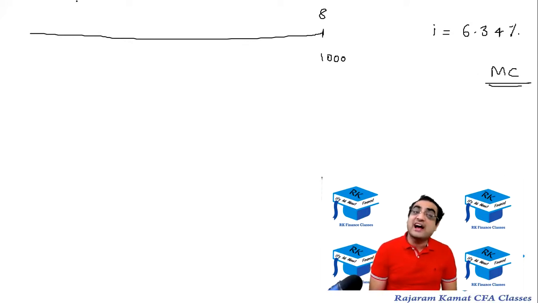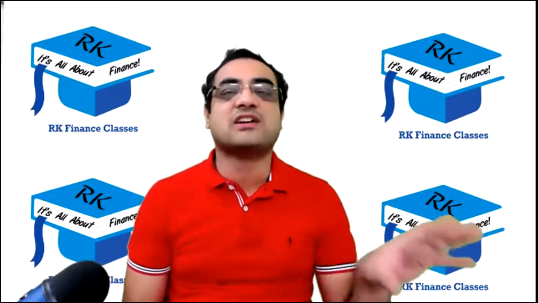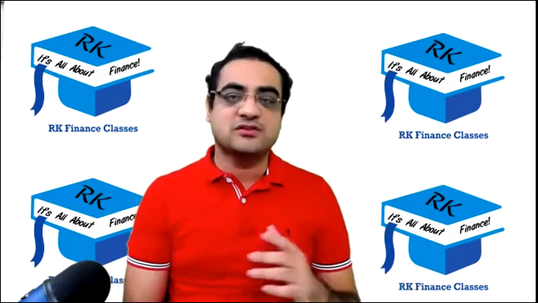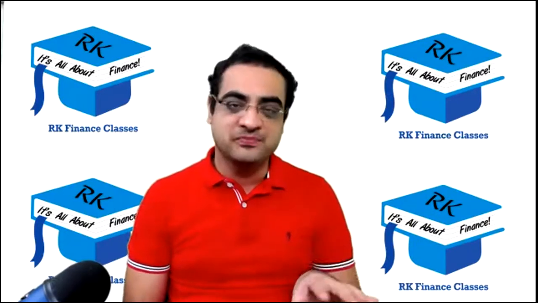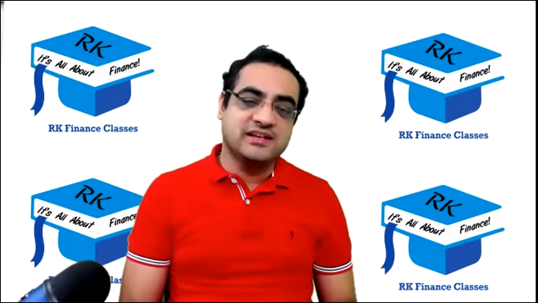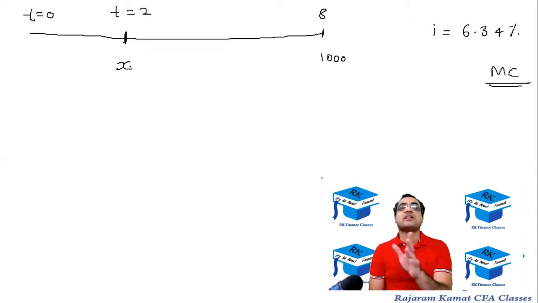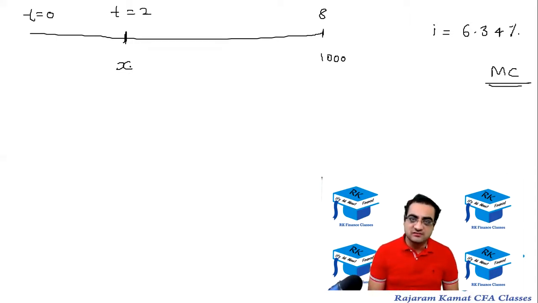Secondly, I don't want to save anything now, because right now my salary is quite less and it is just able to fulfill my expenses. Unfortunately, because of less salary, I'm not able to save. However, it is expected that my salary will increase, and hence maybe at the end of 2nd year, I will be able to save something. So the question is, how much shall I save at the end of 2nd year so that it will accumulate to 1,000 rupees at the end of 8th year?